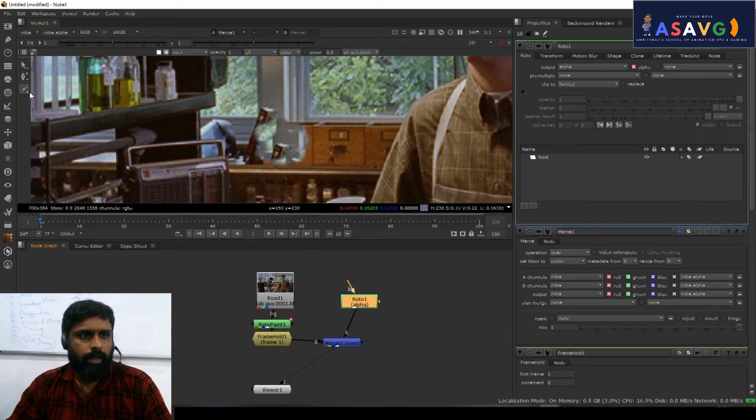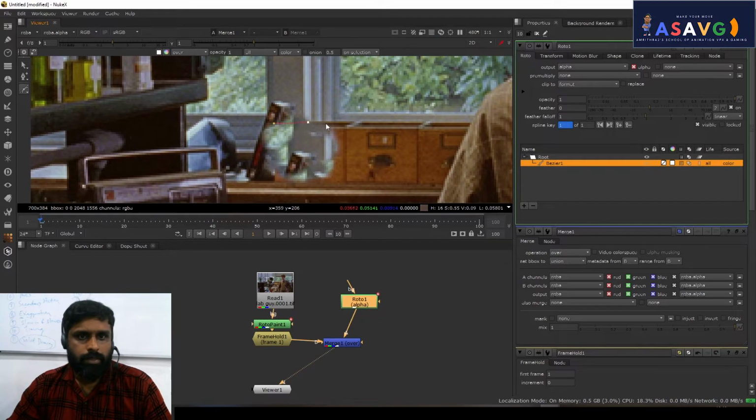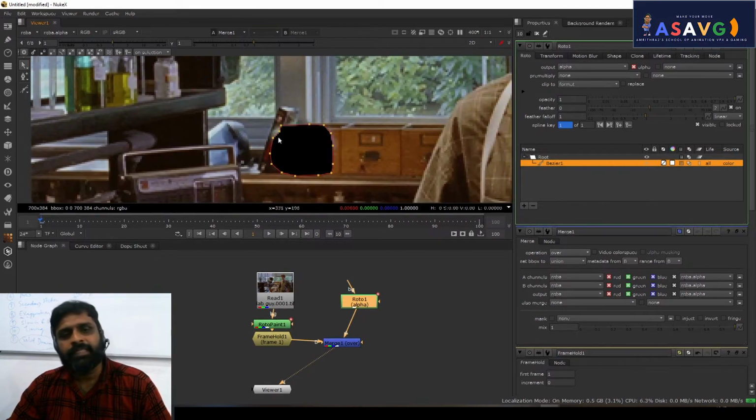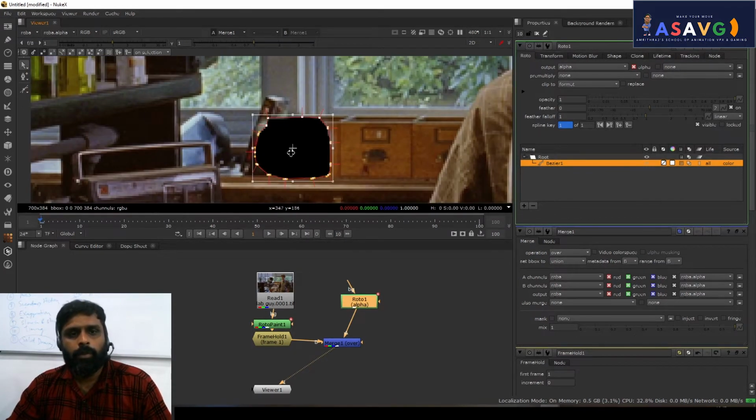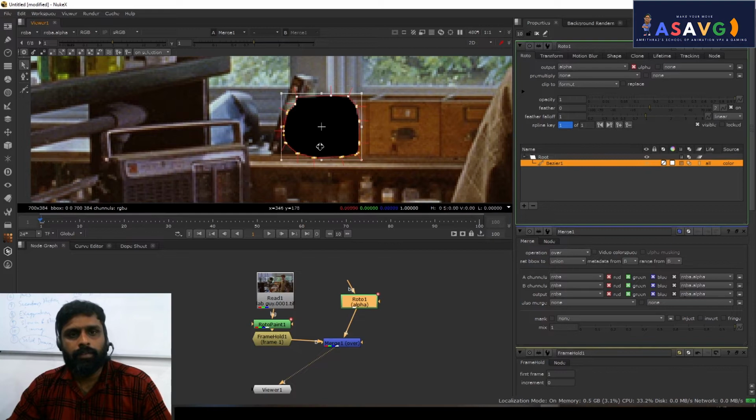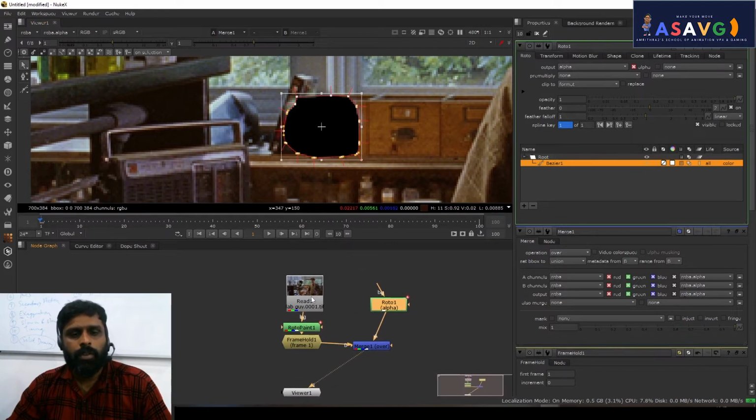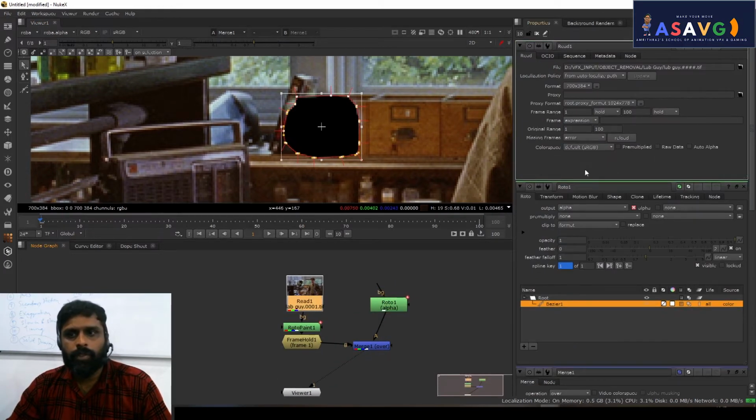So click here and make sure that we are going for the Bezier tool, and just click, and we will make that part a complete selection. Okay, so the problem is that we are finding a black thing right here. Why? Because if we click this original footage, we can see there is no alpha channel here.